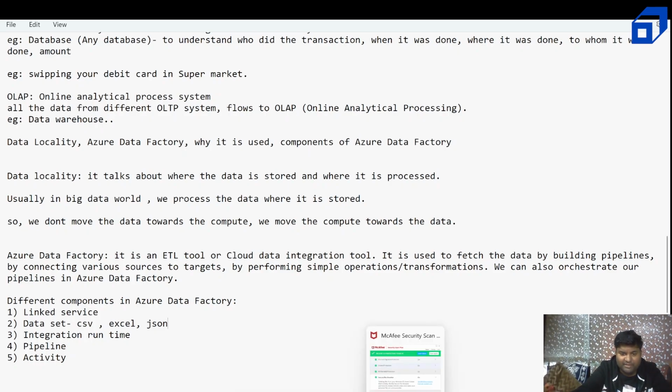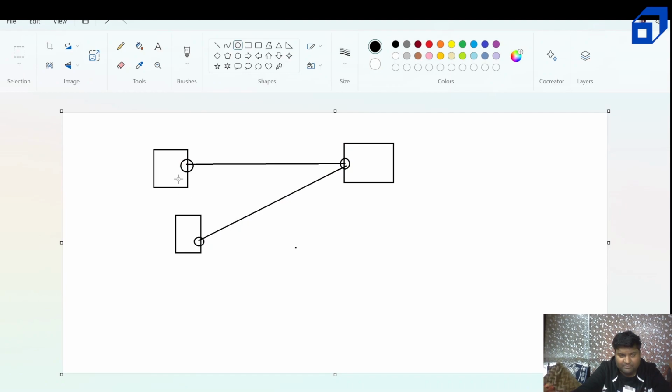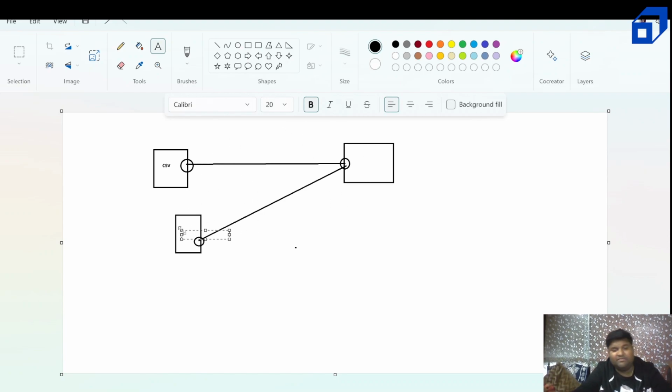So when you're creating a link service, if my source is a CSV file, in the link service which I create, I have an option to define the dataset. There I will see CSV as a dataset. I'll show you when we're talking about how to create a pipeline. We will discuss that in depth. Similarly, if I have an Excel as a source,